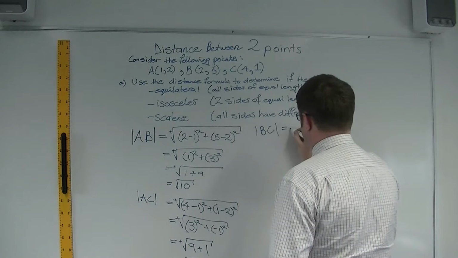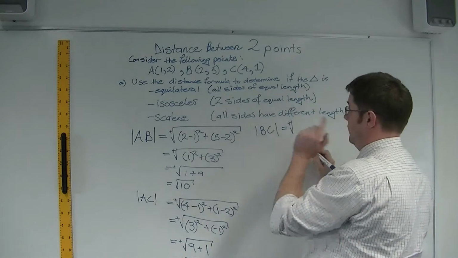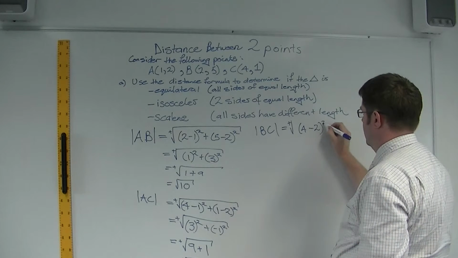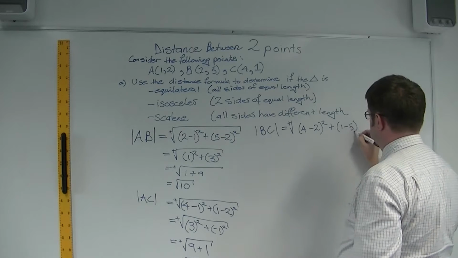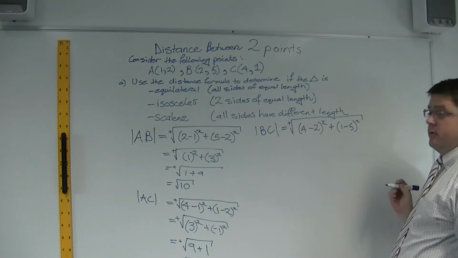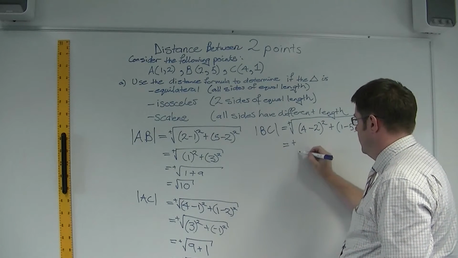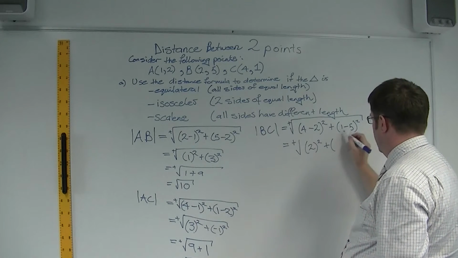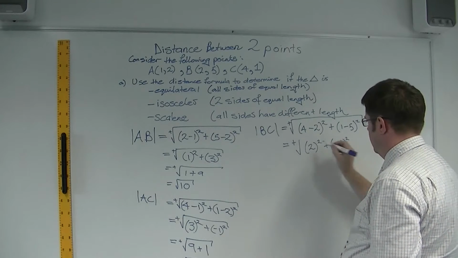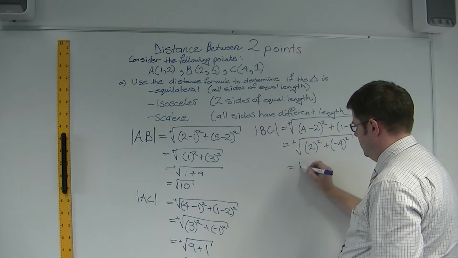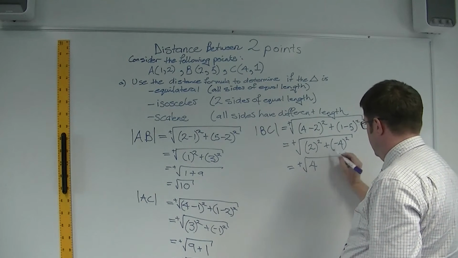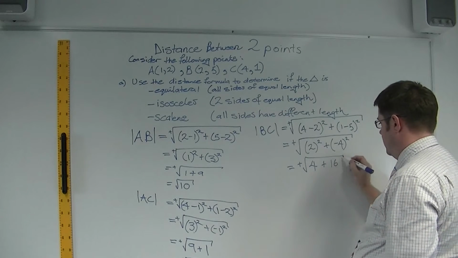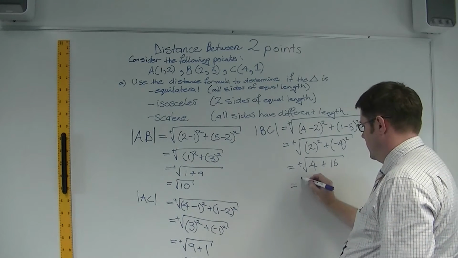If we consider the positive square root, in this case we take C as being the second value, we have (4 minus 2) squared plus (1 minus 5) squared, positive square root value, equals positive square root of 2 squared plus 1 minus 5 is minus 4 all squared, taking the square root of it all, equals positive square root of 4 plus, remember, minus times minus is a positive, so that's minus 4 times minus 4, which is 16, equals the positive square root